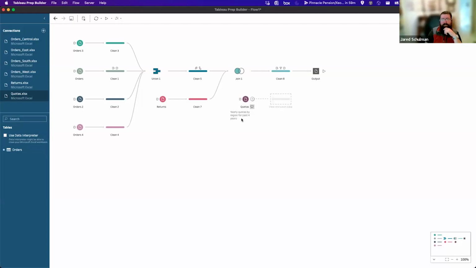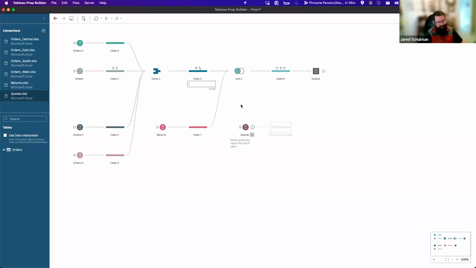I've found this useful as well for when I have flows that need to be updated with a new file on an annual basis, or if I need to update a filter every year, just to remind myself, like, change the groupings in this step. And then next year, when I come back to this and I've forgotten all about it, I've left a little note from myself in the past to remember what I need to do there.